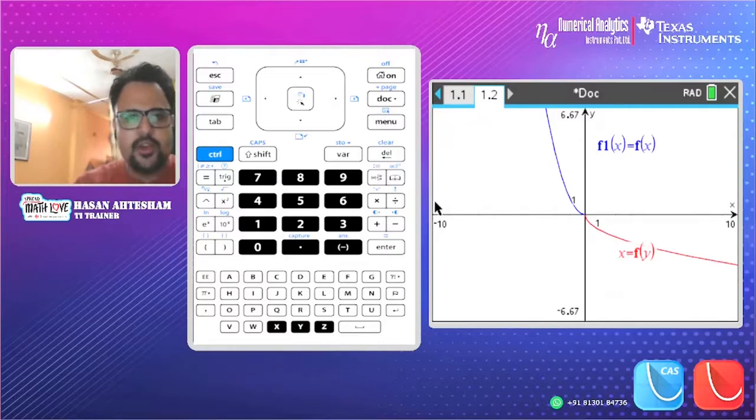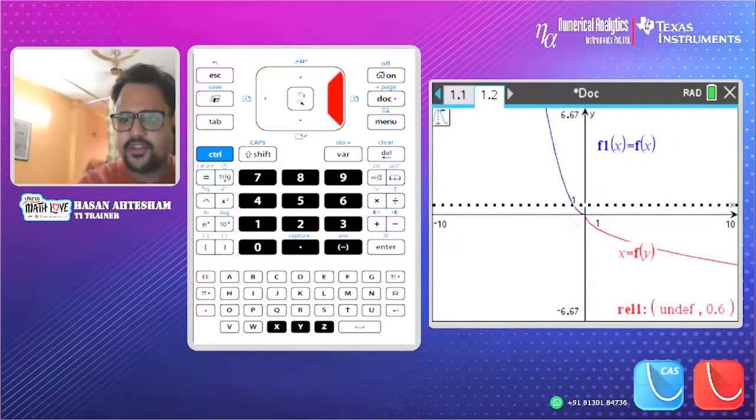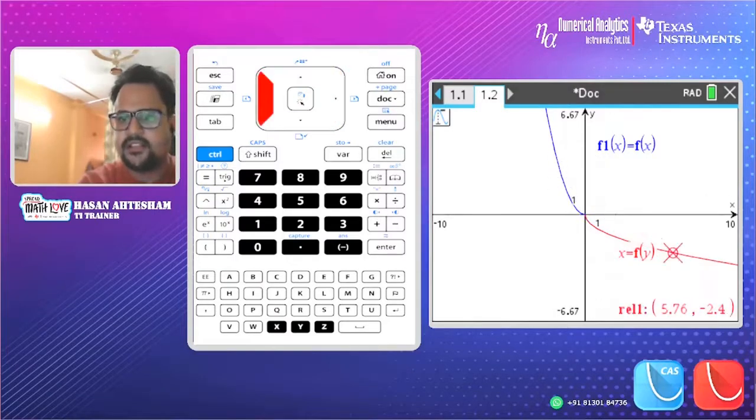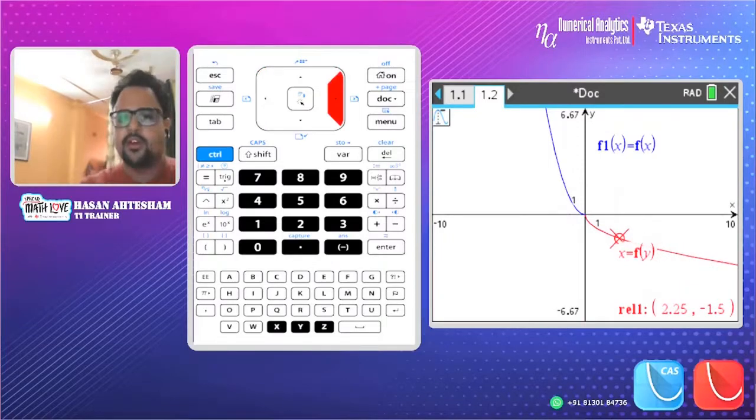I can go to menu and use the trace option. I can trace the function, and I can even trace the relation. I can do a lot of things. But